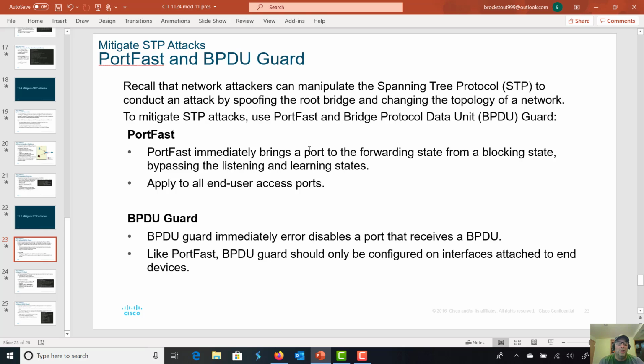BPDU guard. When you set up PortFast it says this: we're not going to check to see if this is a switch on the other side. It's supposed to be an access device. So we're going to skip the whole listening, learning and blocking states and go directly into the forwarding state for that particular interface. The second thing you're going to do is set up what's called BPDU guard. If you set up an interface with PortFast and you skip and go directly into forwarding, that could create a loop. The way you can stop that loop from happening, or in this case, stop a bad actor from gaining access into your switching fabric,